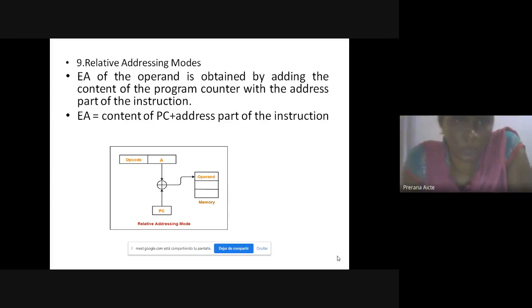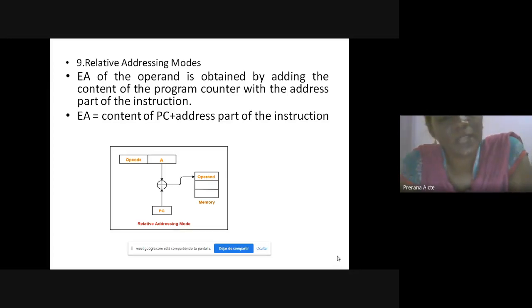And next one, relative addressing mode. In relative addressing mode, the effective address of the operand is obtained by adding the content of the program counter with the address part of the instruction. Effective address equals content of program counter plus address part of the instruction.